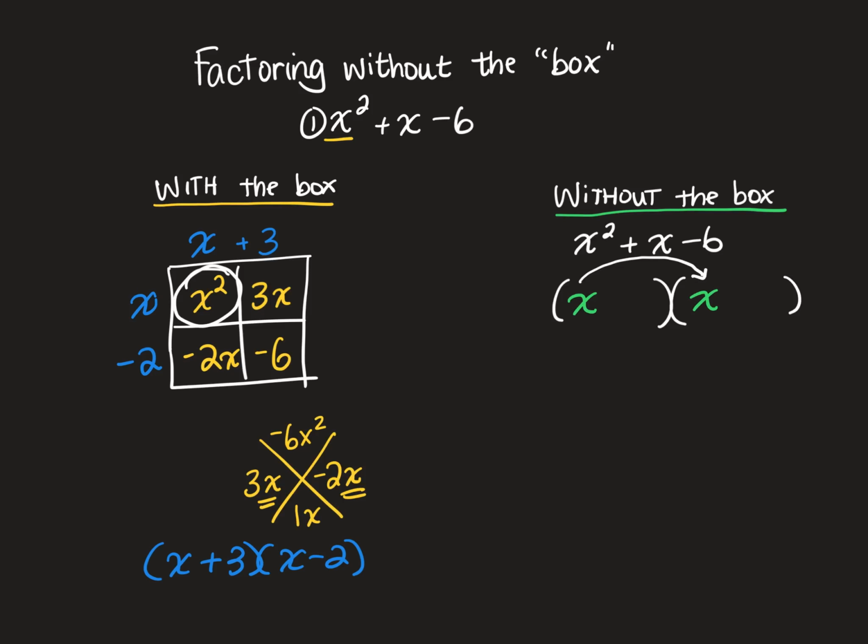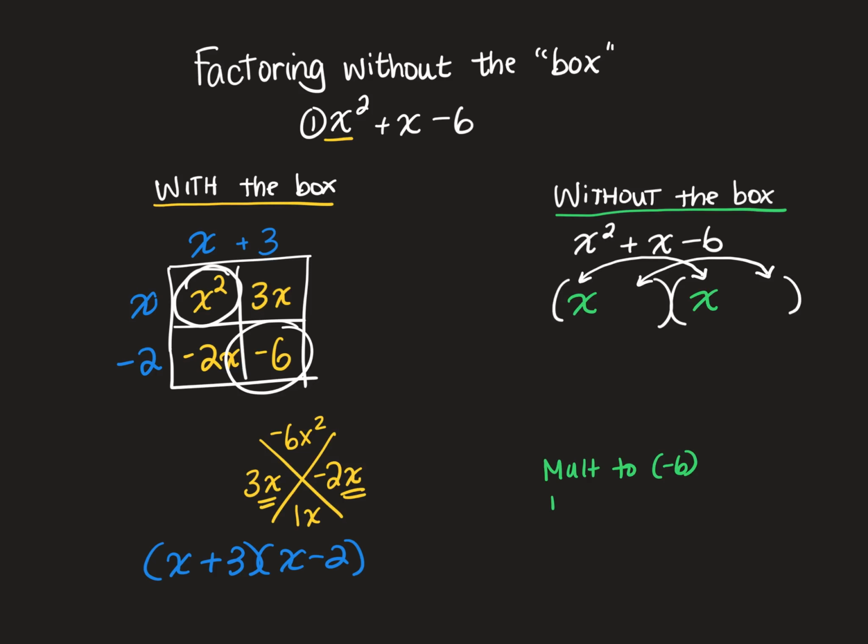All right, and then what happens with these 2 terms is that you're actually getting your last square in the box. So I know that I've got to get 2 numbers that are going to multiply to be negative 6. Okay, so here's the thing. That negative 6, there's a few possibilities for that, right? So if I think about 2 numbers that multiply to be negative 6,